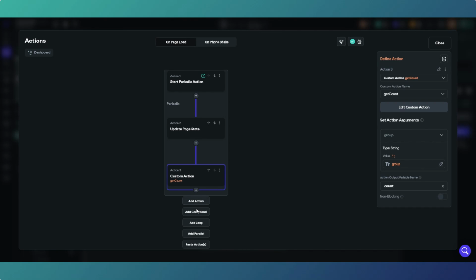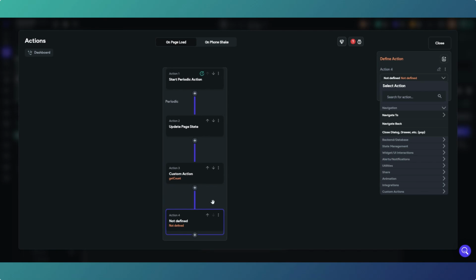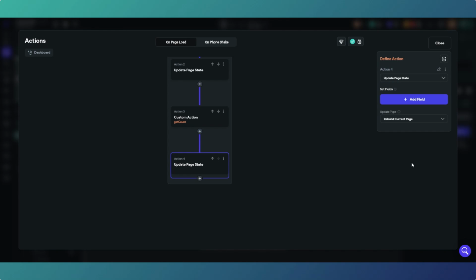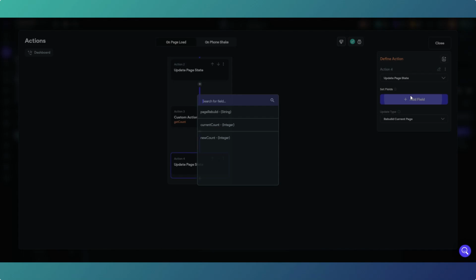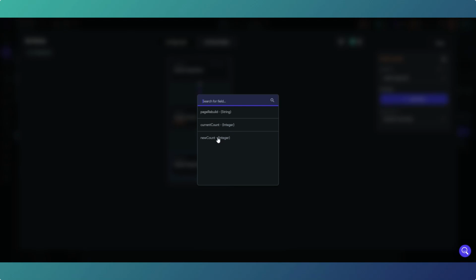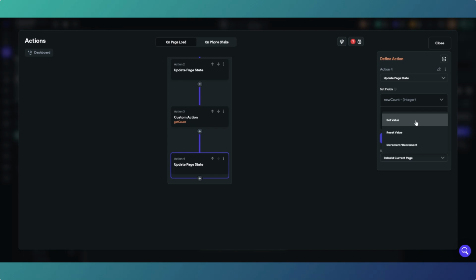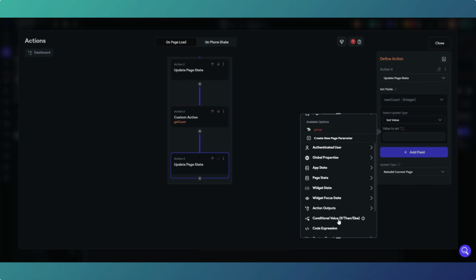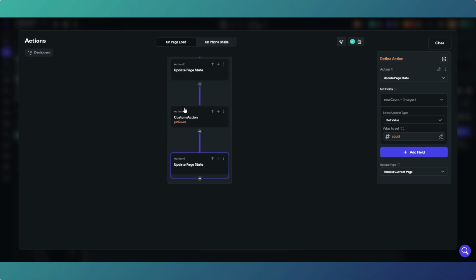And then we need to just drag it a bit, update page date again, and that is new count. I want to set the value to the output, action output count. So what we're doing is getting the count and putting it in a page date,